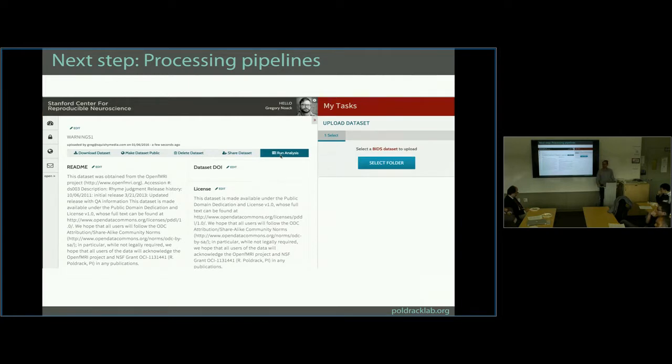Yeah. So Russ, it says download data set there, so can't somebody download the data set and do their own analysis? Yeah, yeah, they could. They could either do it here or they could do it on their own machine. And the hope is that by providing the kind of processing infrastructure that we're going to provide, people will end up doing it here. But yeah, they could take the data and do whatever they want with them as well.